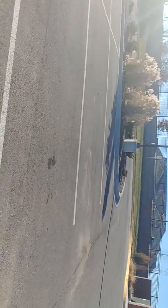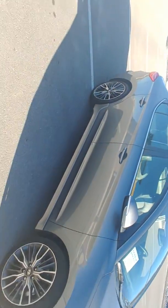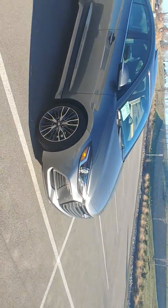Hopefully you can hear that a little bit better than I can. A nice quiet rumble. Gets a little bit louder when you give it some gas. Overall, it's a nice car, and I'm really hoping that once I get the tune kit, it's going to make